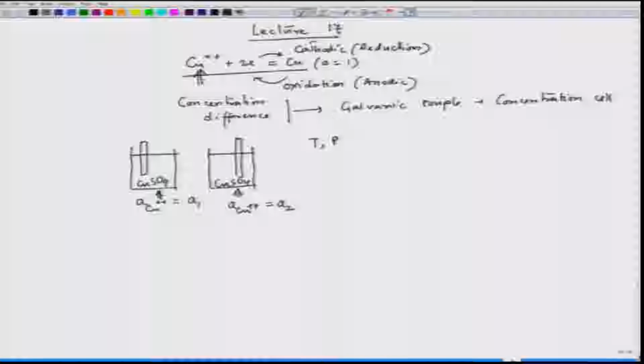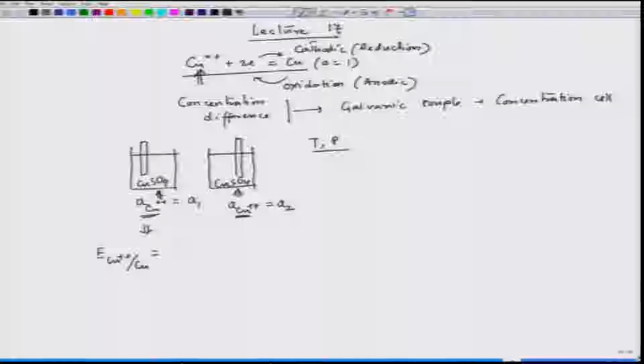Temperature and pressure are constant, that means they are not changing, and because of this activity A1 and A2, they will develop a potential. So, the potential that would develop here would be E copper plus plus slash copper,